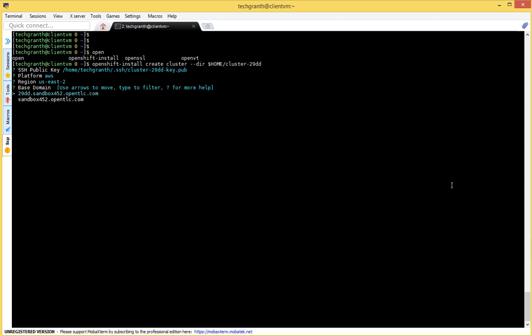Okay, then the base domain. It is giving us this 29dd sandbox and this one, right? So which one will we select? We will select the lower one, and press enter. Cluster name, what we want to have. If we want to have demo-cluster, right,